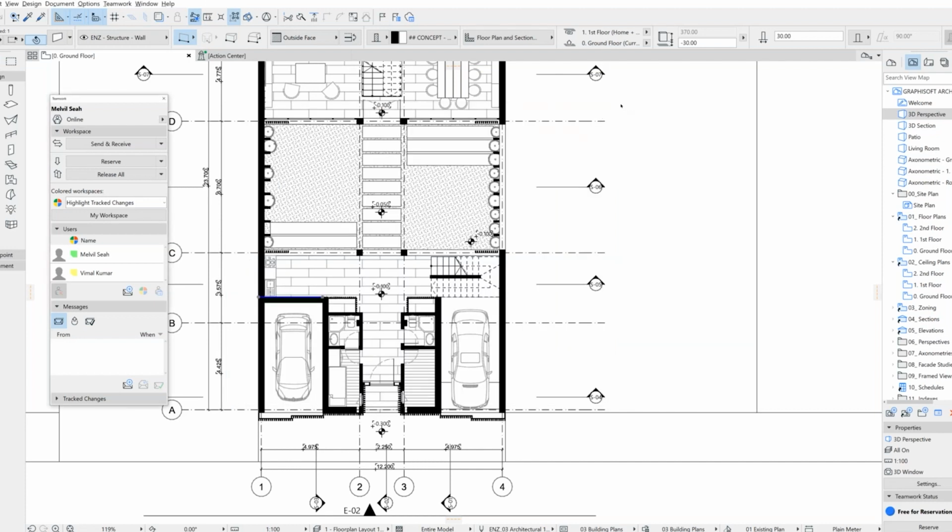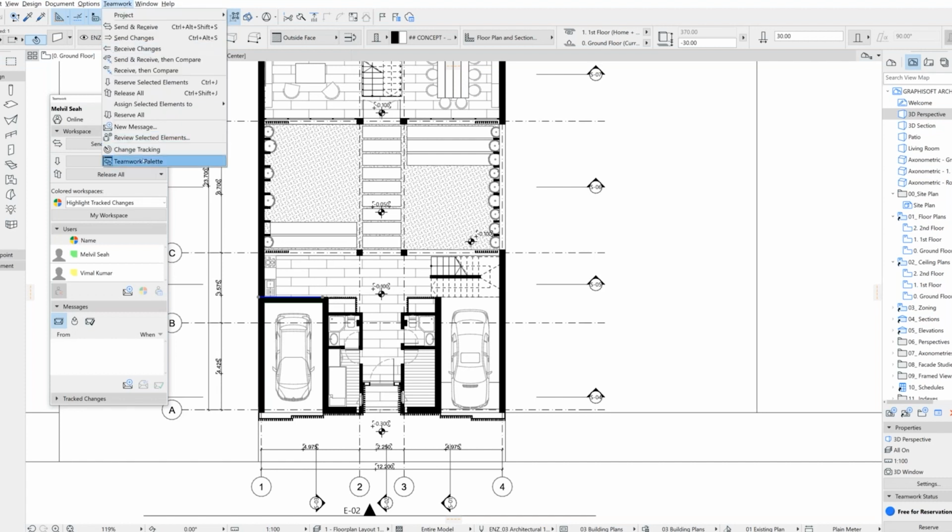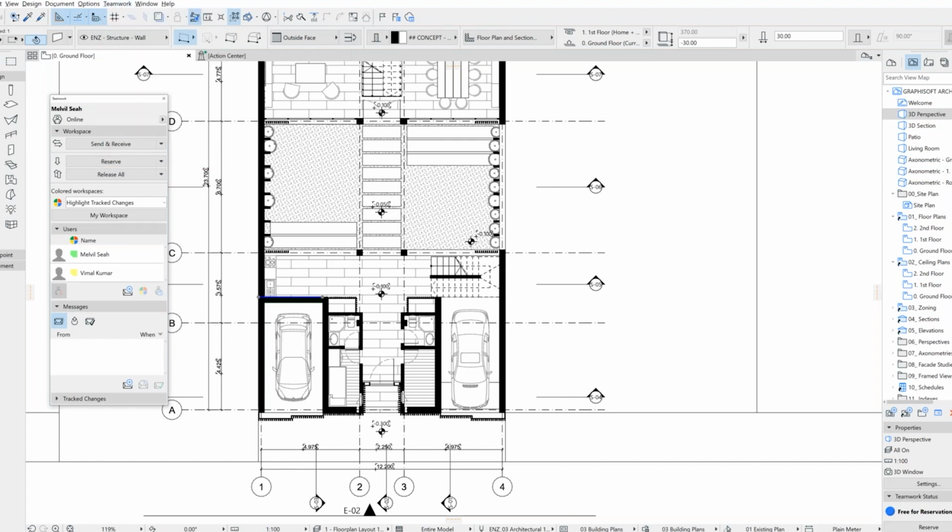And now to use the teamwork fully for collaboration purposes, I will open the teamwork palette, which I already opened, and you can find this through the teamwork tab and go to teamwork palette. On this teamwork palette, from the top, you can see the username, which is my name, and then you can also see your work status. And on this small little arrow, it will open up 3 different options. You can open the BIMcloud manager from here, and you can also work offline.